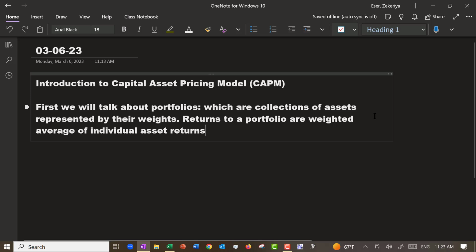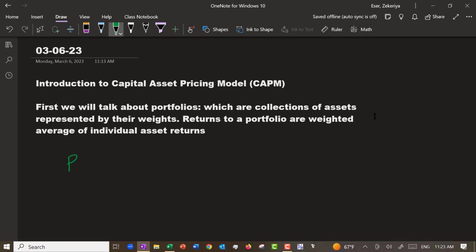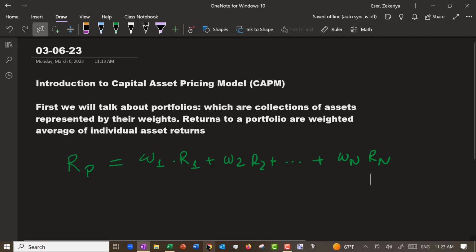Instead of writing symbols by typing, we're going to say return to the portfolio equals weight of the first asset times return of the first asset, and so on, up to assuming there are n assets in the portfolio. To make that operational,